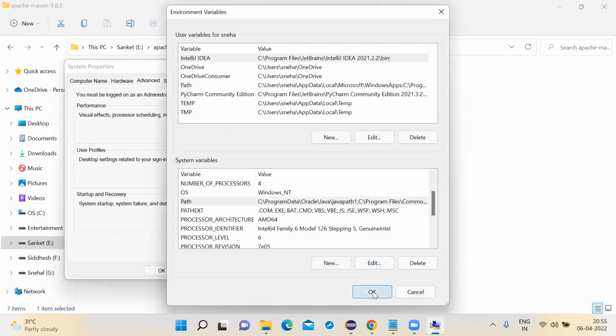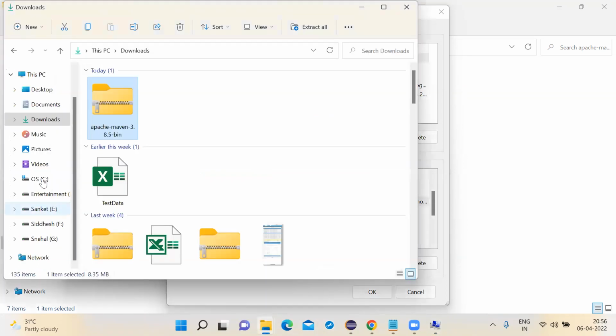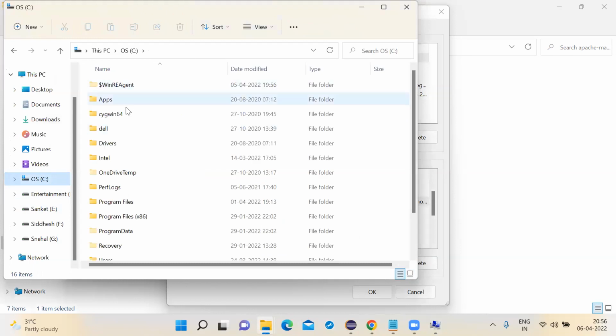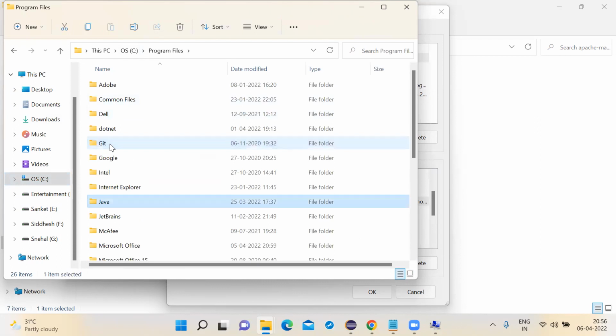Now wait. Go to C drive. Java also you need to add. That's why, under the bin folder, mvn will be there, so you can access it. Now go to Program Files, and then the Java folder.